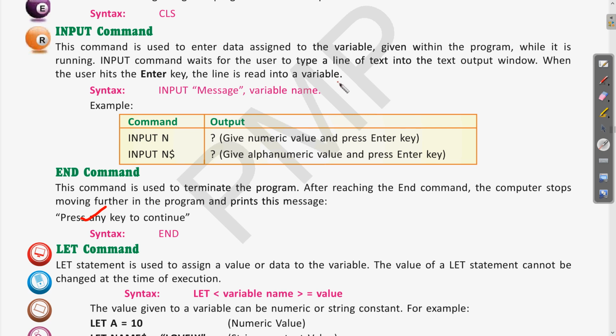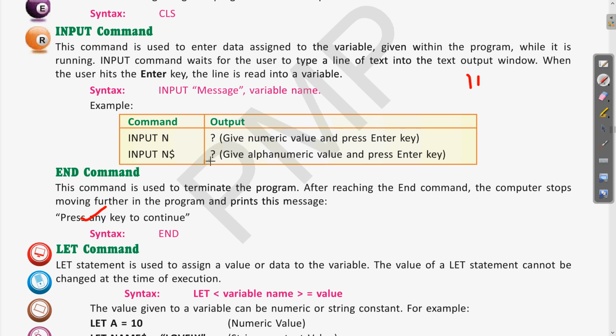Clear? So suppose we want to add two numbers and we don't want to give 2 and 5 or any two numbers in the beginning. These numbers will be given by the user while the program is running. So we can give something like input n, you can see the example here.